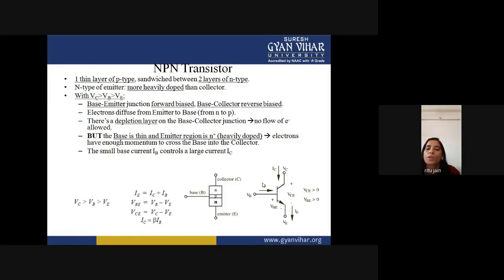So there is always a small base current IB that controls a large current IC, right? Now you can see IE is equal to IC plus IB from this diagram, because it is emitting the electrons. For these electrons, the current is flowing into the base and collector. So IE is equal to IC plus IB. VBE is equal to VB minus VE, and VCE is equal to VC minus VE. IC is equal to beta IB. So